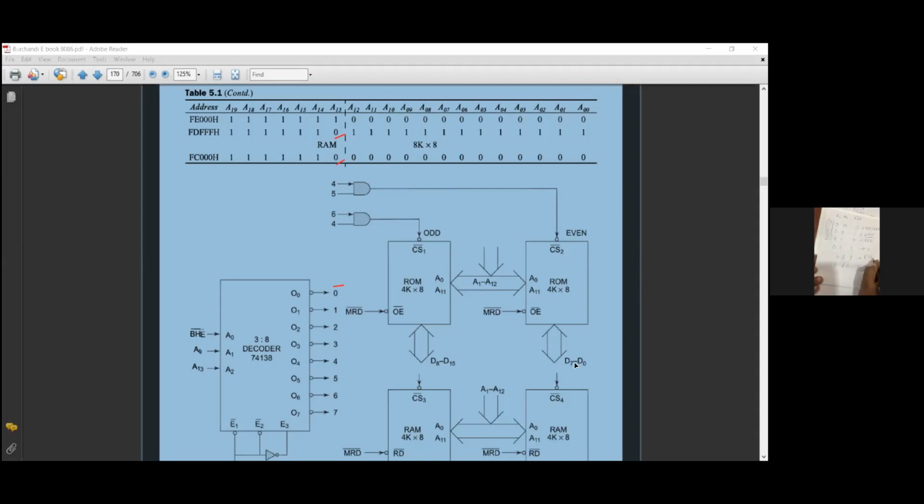Is it clear? Yes, sir. 0 and 1, anyone is selected, then even bank. 0 and 2, then there is an odd bank. Is it clear? Yes, sir. So just go down,